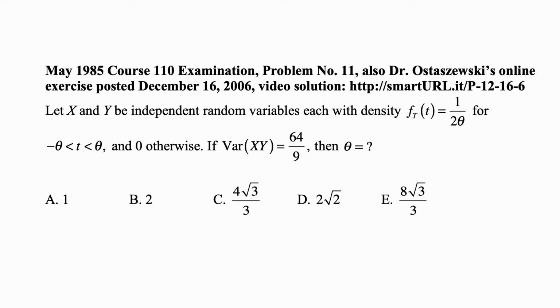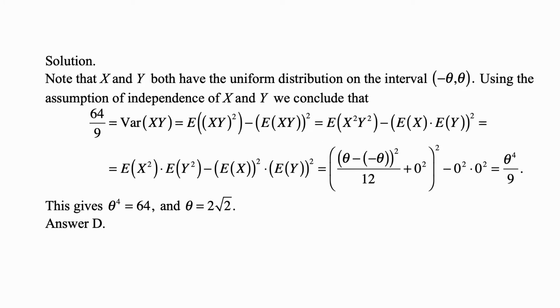Here's a problem for today for exam P on probability. Let x and y be independent random variables, each with density f sub t of t equal to 1/(2 theta) for t between minus theta and theta, and 0 otherwise. If the variance of xy is 64/9, then theta equals... Here's the solution. Note that both x and y have the uniform distribution on the interval negative theta to theta. Using the assumption of independence of x and y, we conclude that